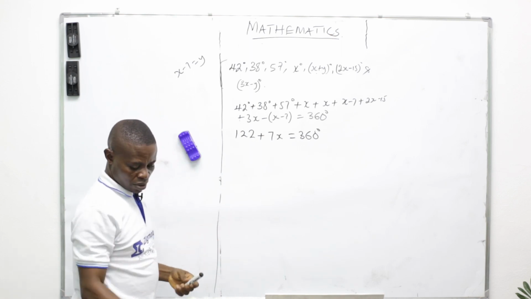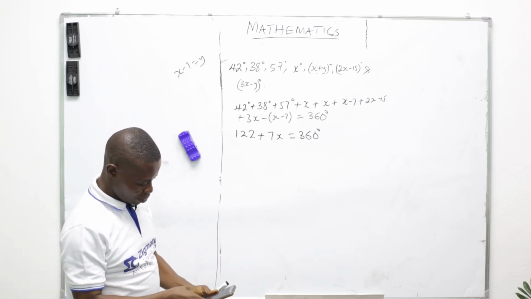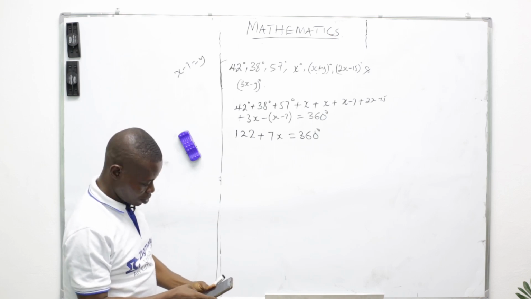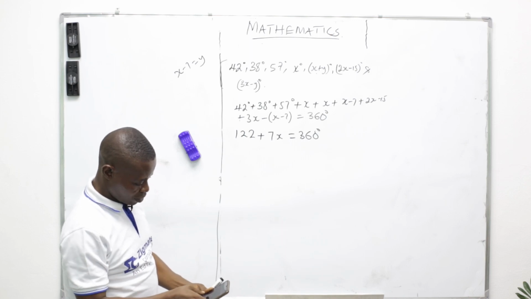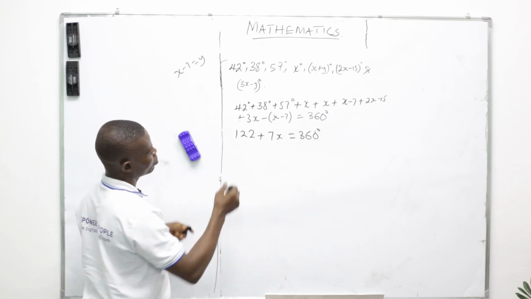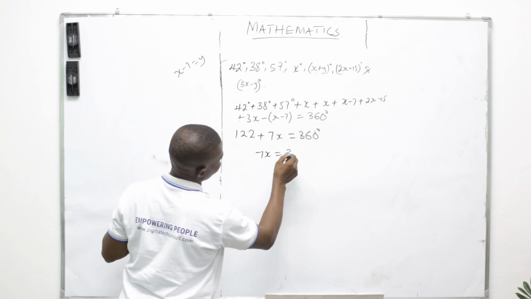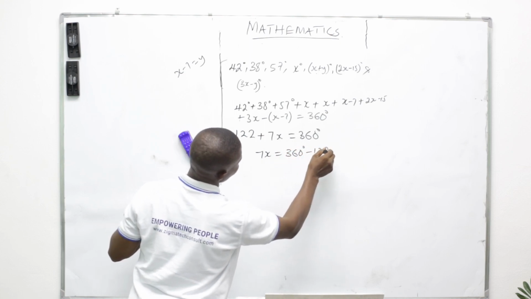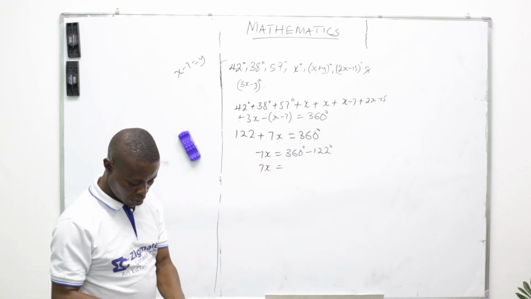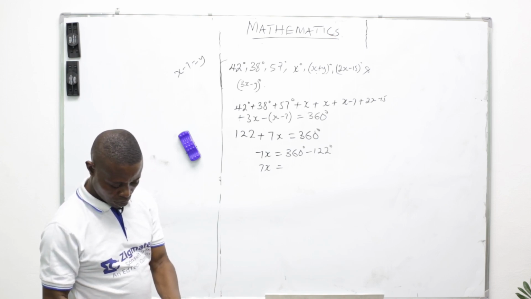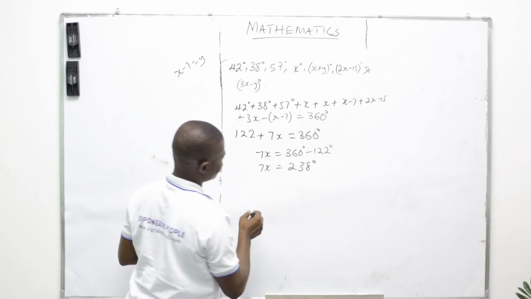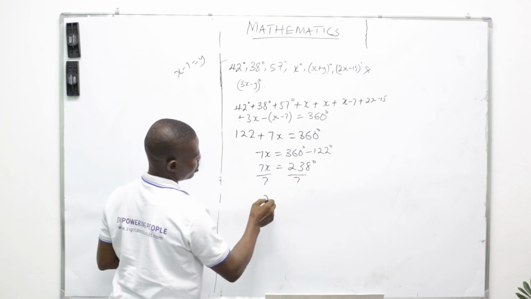this. Let's check. 360 minus 122 over 7. 7s equals 360 minus 122. 7s equals 238 degrees. So dividing through by 7, s equals